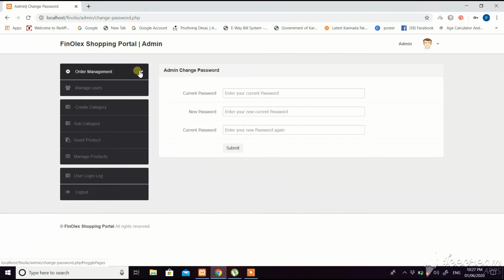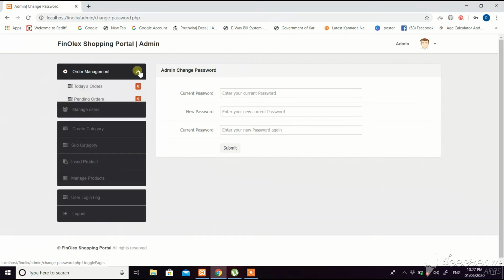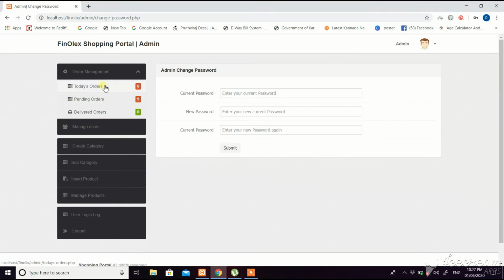In order management, if someone has placed an order today, the admin gets the numbers, meaning how many people have placed orders today. If some old orders are pending, it will show how many are pending. And if orders have been delivered, it will also show how many orders have been delivered.